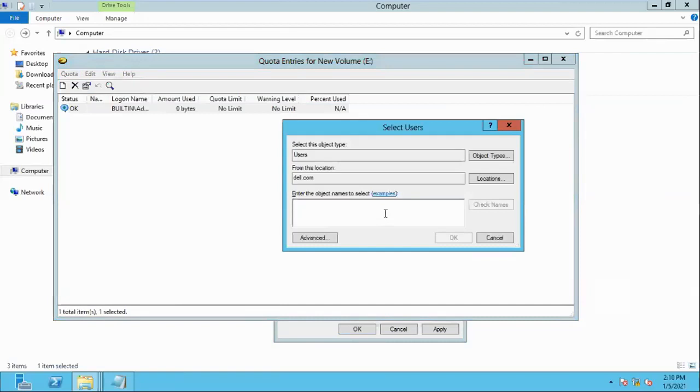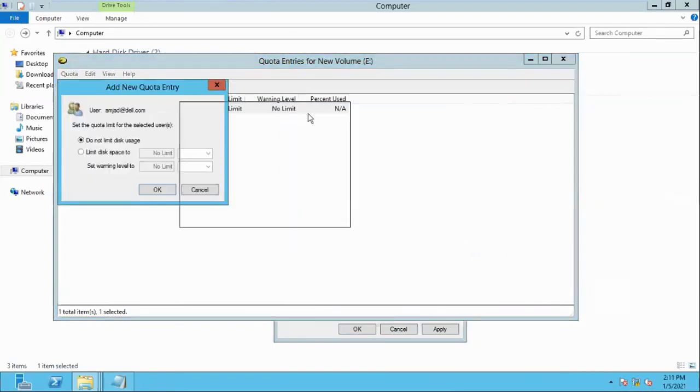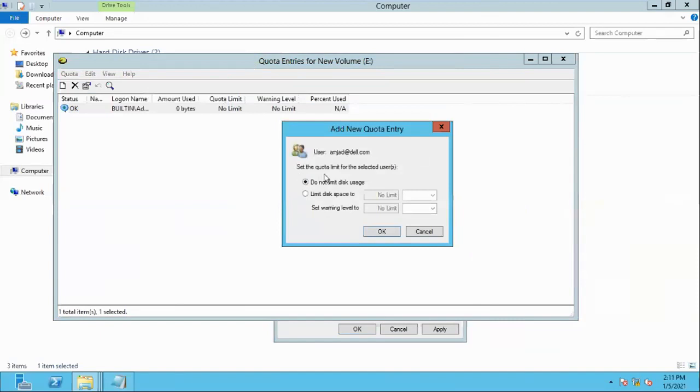For example, I assigned the Amjad user, right? So check the name, yes, Amjad, and click on OK. See here, when I click on OK, it asks me to set the quota limit on this user. So select limit disk space to.